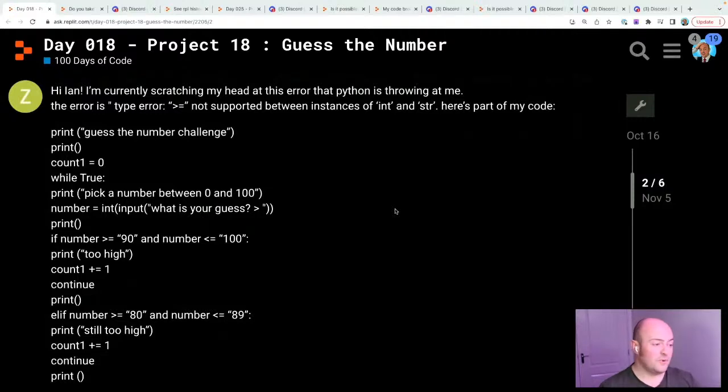One of the issues we often get when people ask questions is they paste the code in. Now, pasting code in means you lose all the formatting. It's there in the wrong kind of font. There's no syntax highlighting. It's very, very hard to debug something like that. It's especially hard to debug this piece of code because we can't see the indents. And as you probably know, in Python, the indents are really important for how that code is going to function. They're part of the structure of the language.